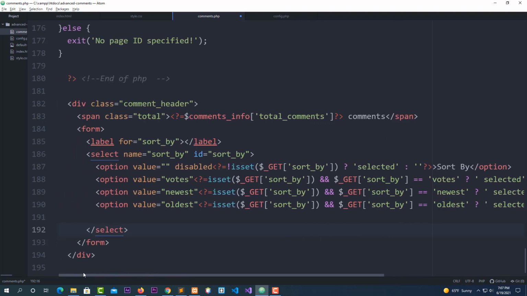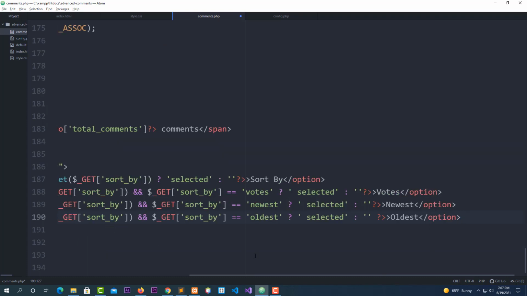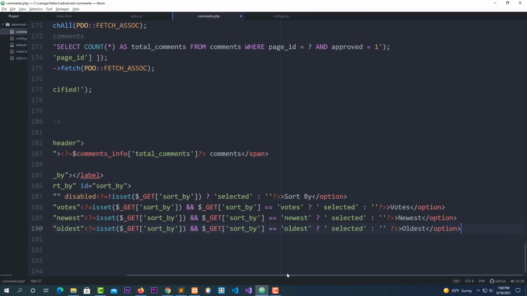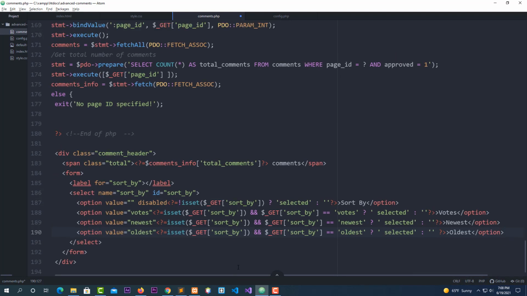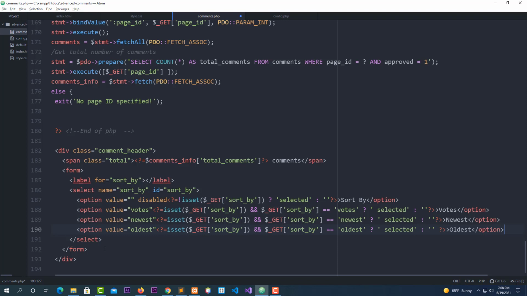All right. So this is the close selected. This part is done. I can make it smaller for you. I don't know if it's too small. Now, after form,